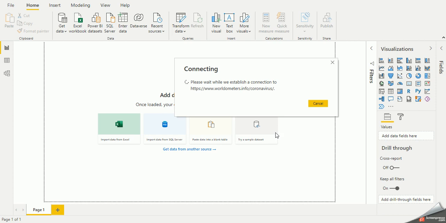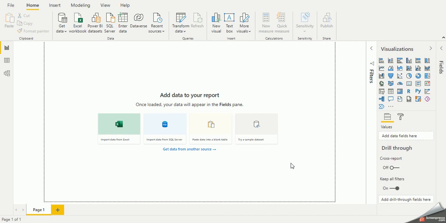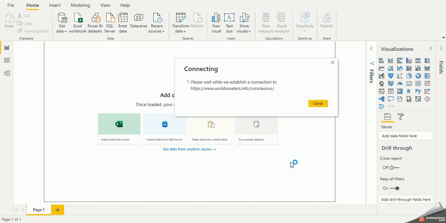It will take a bit of time because it's loading the data and capturing it in Power BI according to its format. Not too much time.